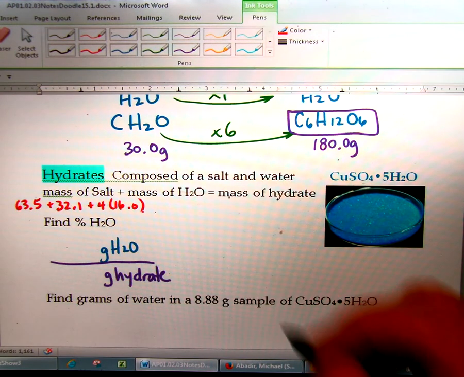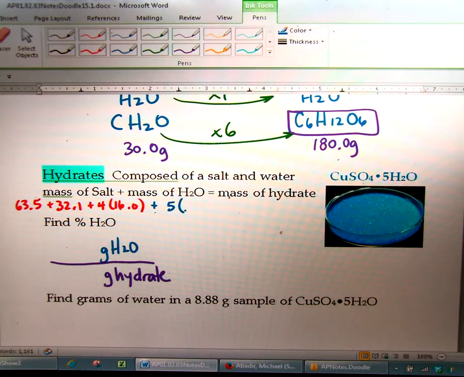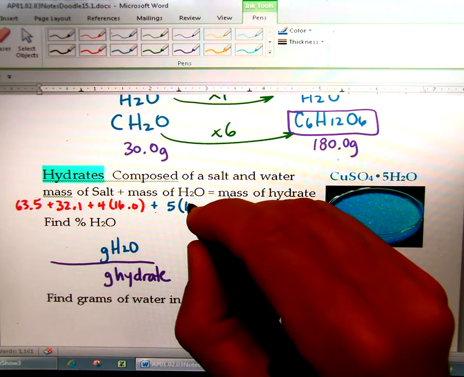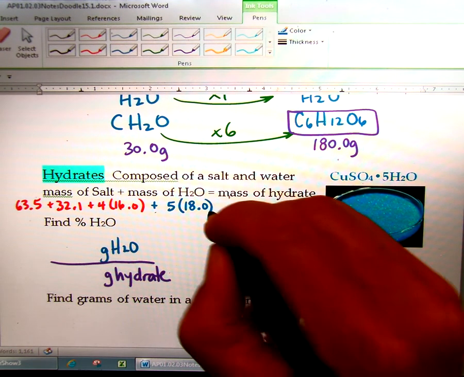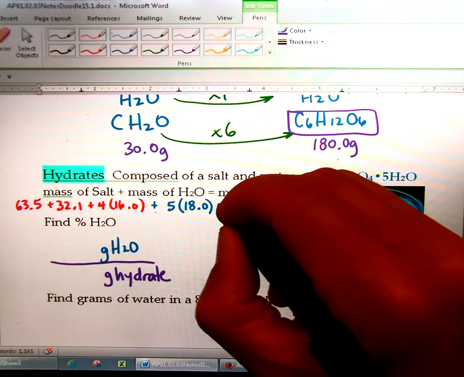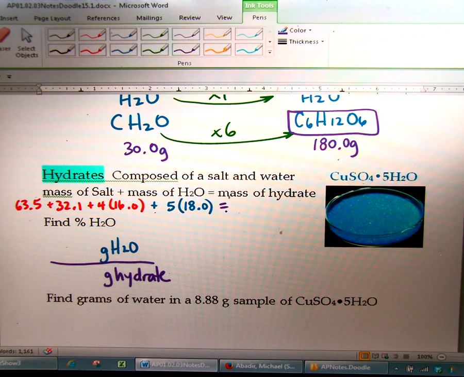And you're going to add that to all the water, which is 5 times 18, because it's 2 times 1 plus 16. So 5 times 18. That's going to equal the total. So when you add that up all together, 63.5 plus 32.1 plus 4 times 16 gives you